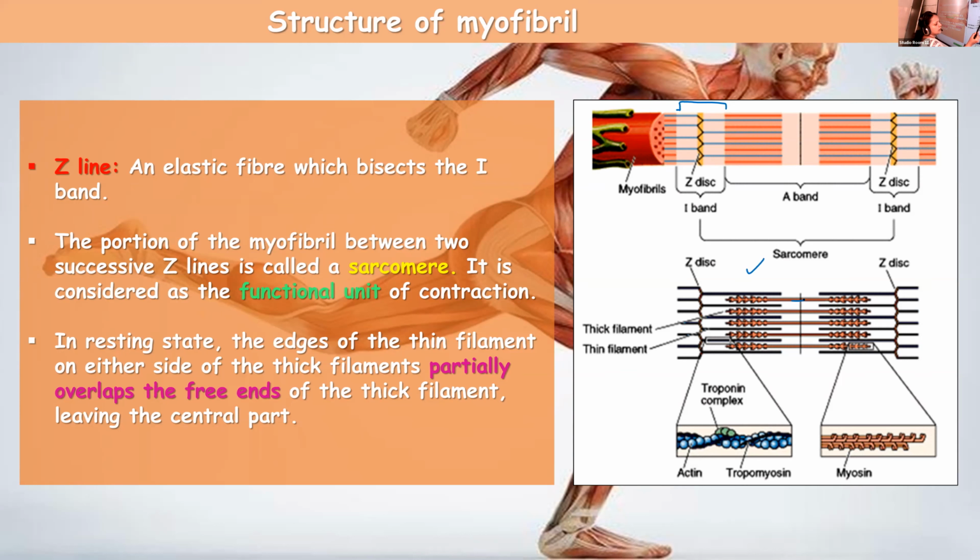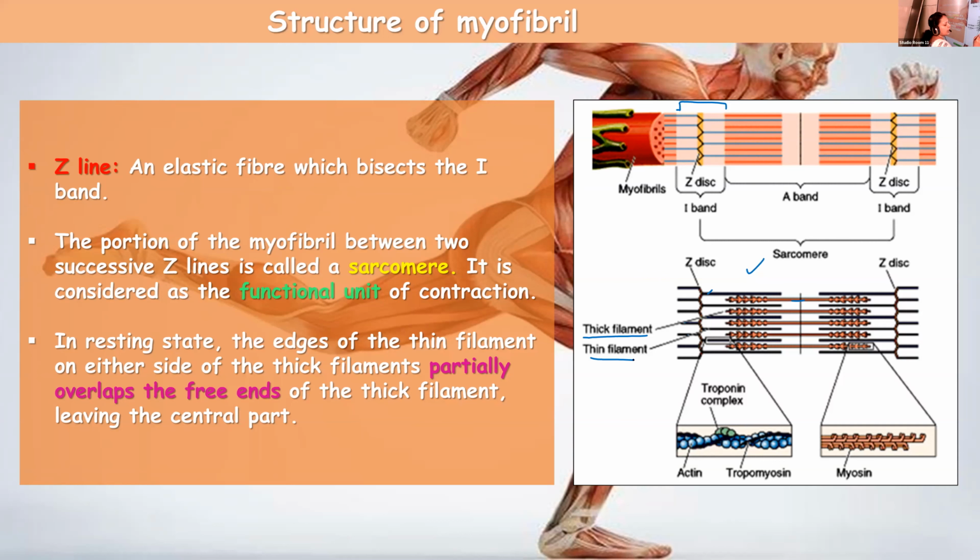So these portions form the thick filament, and the black-colored ones are the thin filament. Here it is marked thick filament and thin filament. And in this picture, what you see is a muscle myofibril in a relaxed state, when it is not undergoing any contraction. And here you can see the light band on either side.